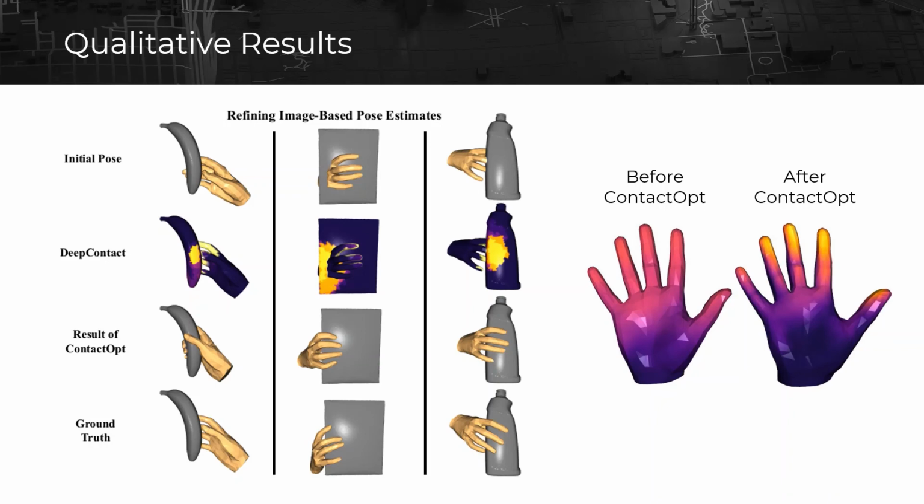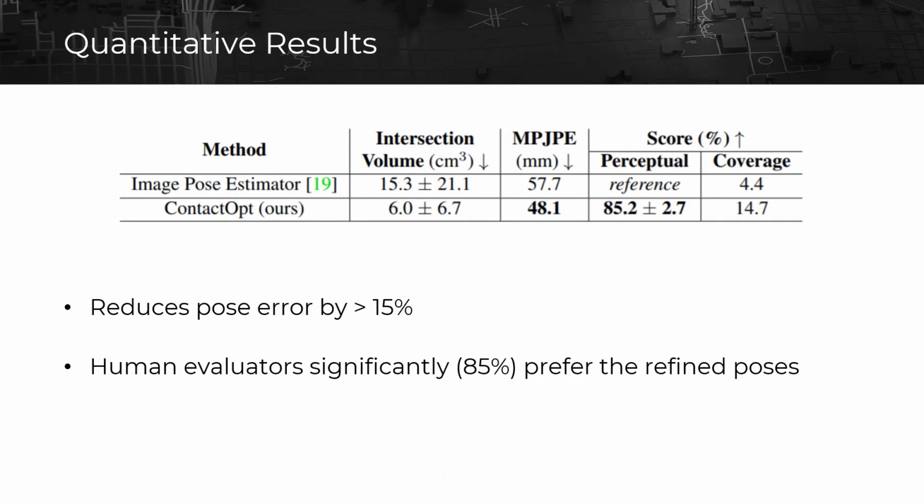When hand contact is averaged over the entire dataset, we find that before applying our method, average contact is diffuse due to the inconsistent alignment between the hand and the object. However, after applying ContactOpt, a normal grasping pattern appears. We show that our approach is able to increase the accuracy of the pose estimator and reduce the kinematic error by more than 15%. Additionally, we performed a user study asking participants to compare the poses before and after ContactOpt. We find that they prefer the refined poses more than 85% of the time, showing that the refined poses are much more visually